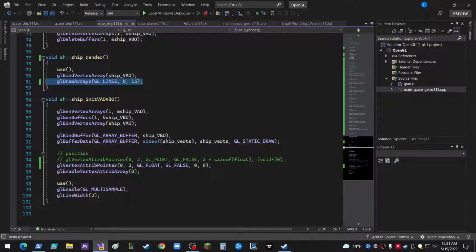is the init VAO, and this is how it works. So it's 2. The size of the parameter is 2. There are floats. They're false in that they're just going to be translated directly over, no normalizing. 0 means that the data is tightly packed, so I mean, if you wanted to put in a stride, I was going to try this because it's 2 floats, but it doesn't need that, and that works, so we're going